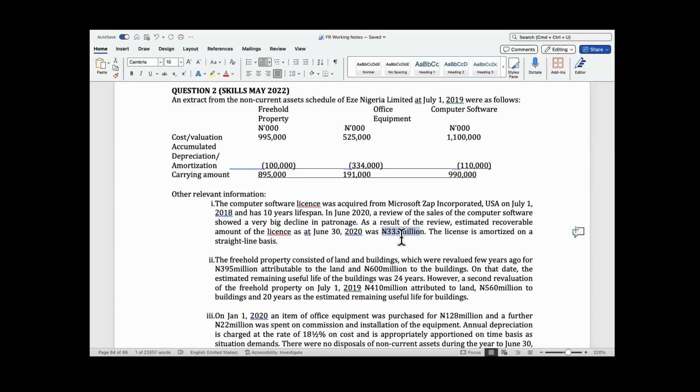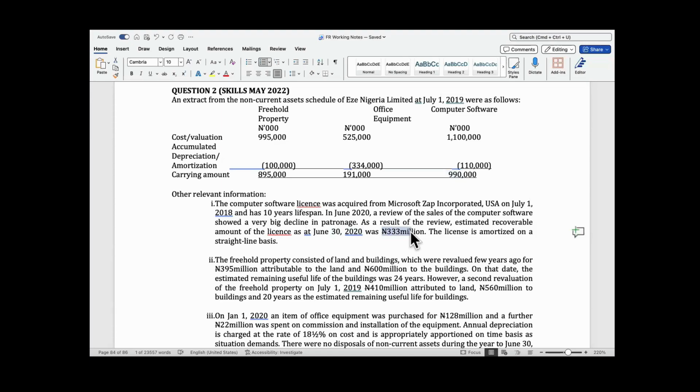I should not even do any workings here, but I'm going to teach you IAS 36 later in our second period. Then you will learn why I have to show these notes, because I have to get my carrying amount as at June for this computer software, because the value of this computer software is 990. So if I get the carrying amount for the year, I will compare it with this recoverable amount. I will pick the lower,